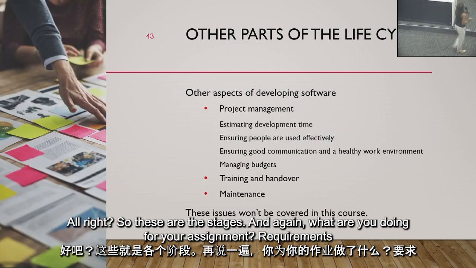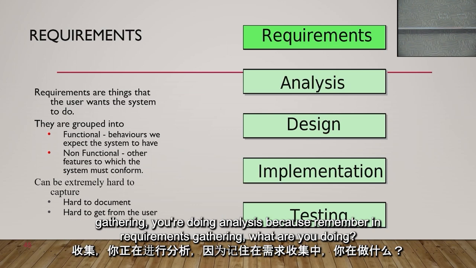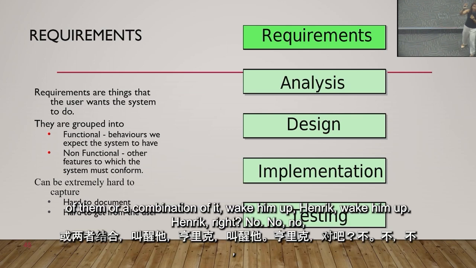All right? So these are the stages. And again, what are you doing for your assignment? Requirements gathering. You're doing analysis because remember in requirements gathering, what are you doing? You are checking whether problem, directive, opportunity. And then if you choose either one of them or a combination of it,